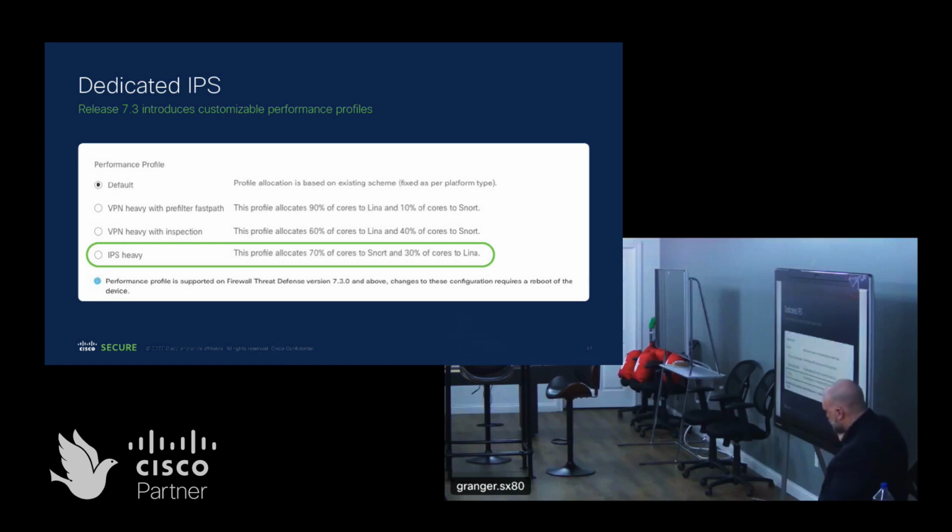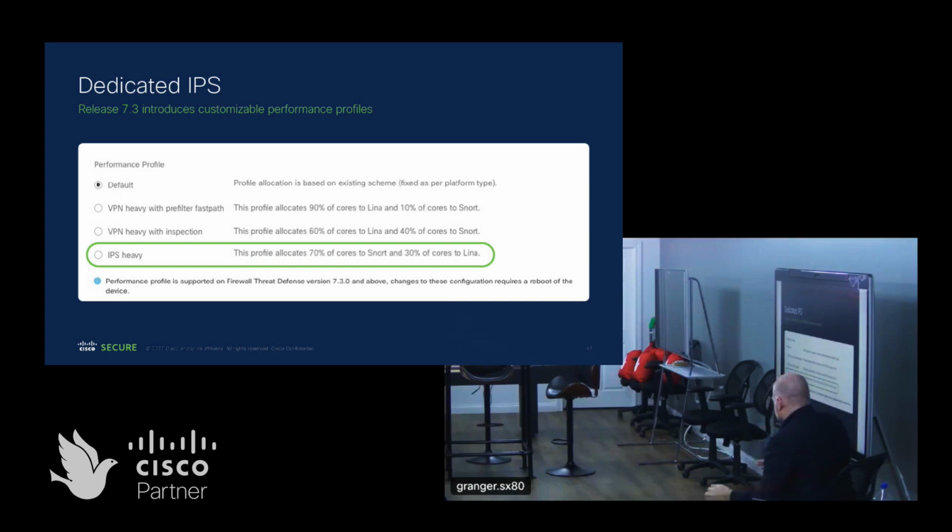This is pretty cool for anyone running inline IPS deployments of our firewall. So again, not if you're doing a full firewall. If you're doing the routing on the firewall and all of that, do not do this. But if you're doing an inline, you have like a failable wire inline set, you're doing the classic bump in the wire IPS, 7.3 and later, well, 7.3 is the only one right now, you can go into the profile configuration of the firewall, and there's a place where you can select the performance profile called